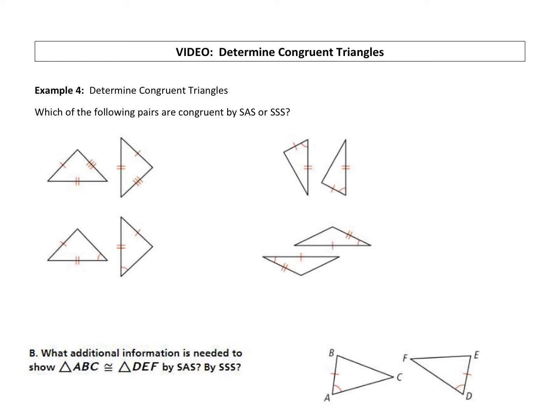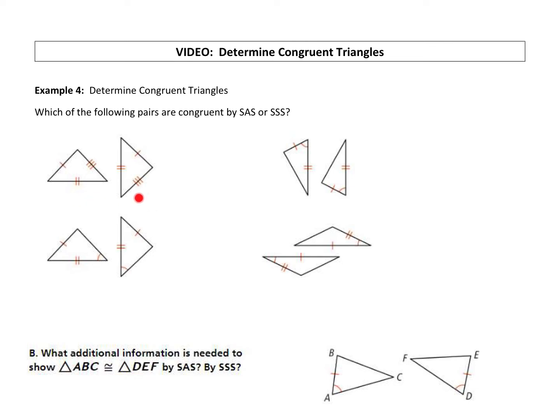All right, we have a couple questions to answer in this video. This is where we get to see the lesson kind of put to use visually pretty quickly. So part A, which of the following pairs are congruent by side angle side or side side side? So we're going to look at each pair of triangles and determine if they are congruent by either of those